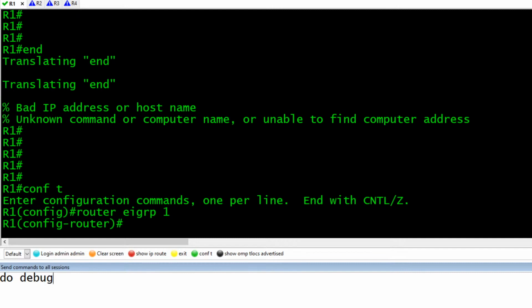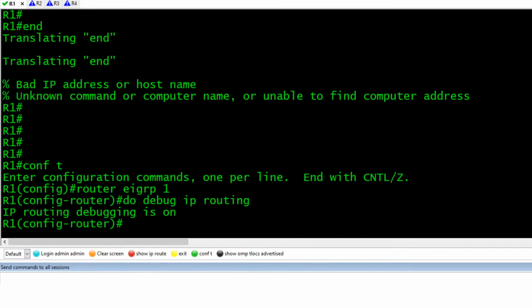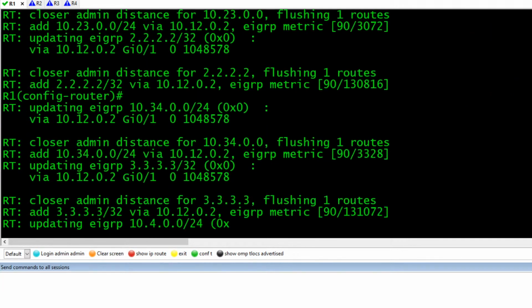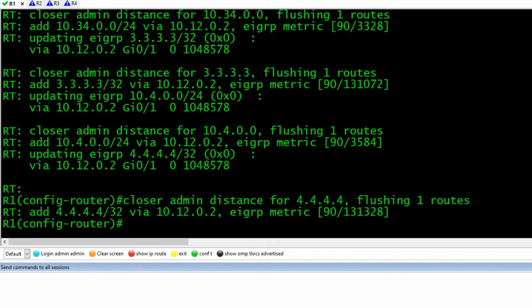Do debug IP routing. All right, and that's what I'm going to show you, the routes being swapped out with a better AD coming in from EIGRP. Then network 0.0.0.0, and press enter. There we go. And here's now our routing debugs showing us that closer admin distance for all the routes